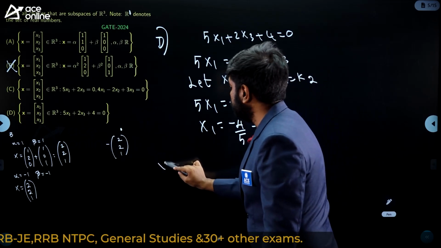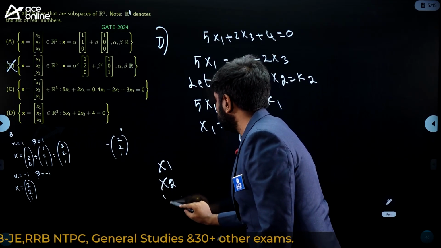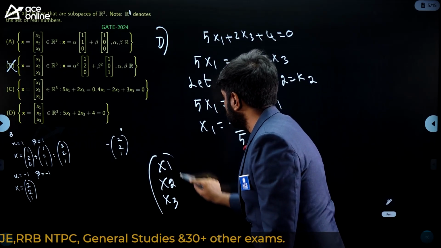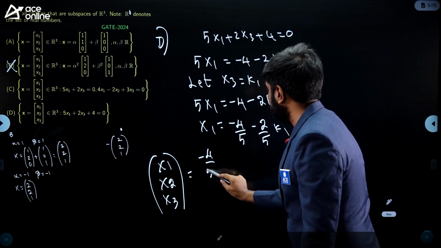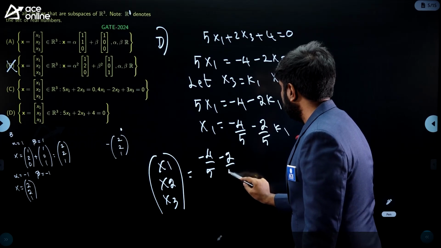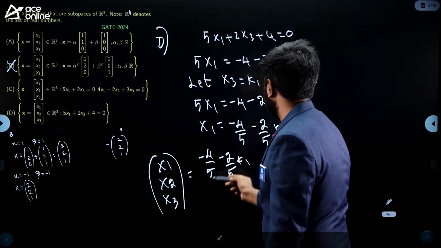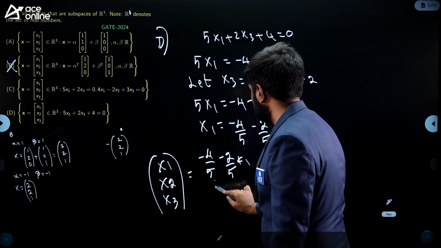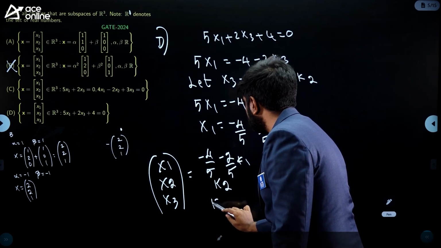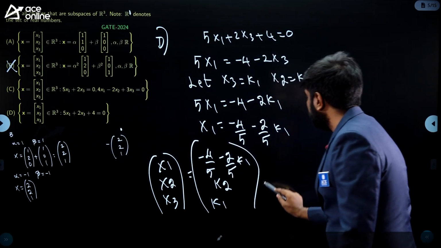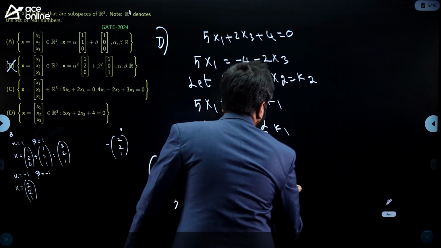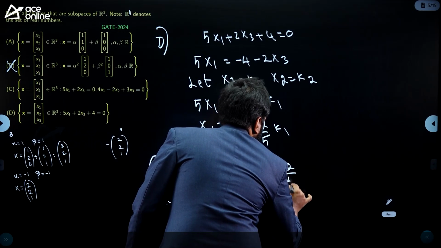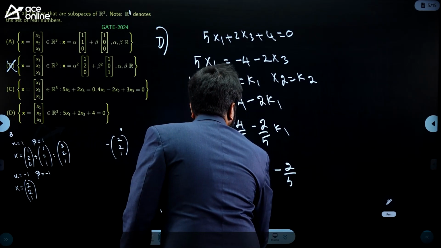So finally how does the solution look? x1, x2, x3. So what are these values? What is x1? It is minus 4 by 5 minus 2 by 5 k1, and x2 is assumed to be k2 and x3 is assumed as k1. You can further split this. You can write it like this, minus 2 by 5,